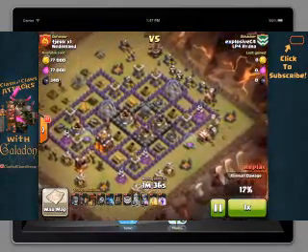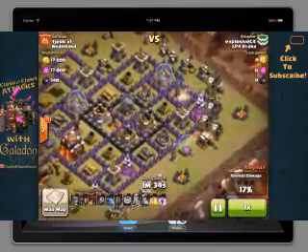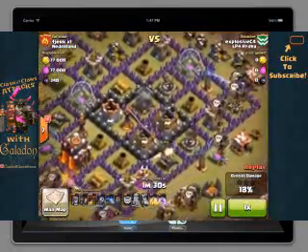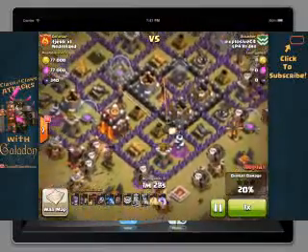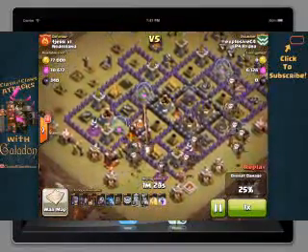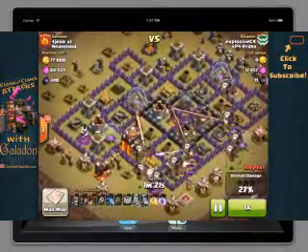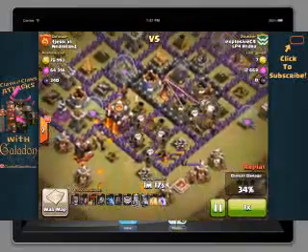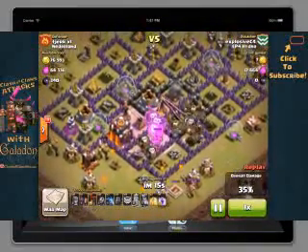Obviously a poorly designed base, and Explosive C4 is taking advantage of that, being able to plan ahead, bringing an army tailored for exactly what you see in Clan Wars, and that is definitely a key in Clan War, planning ahead, looking at the base and modifying your army based upon what you see. Explosive C4 doing a great job of that, and at this point all of the air defenses are down and